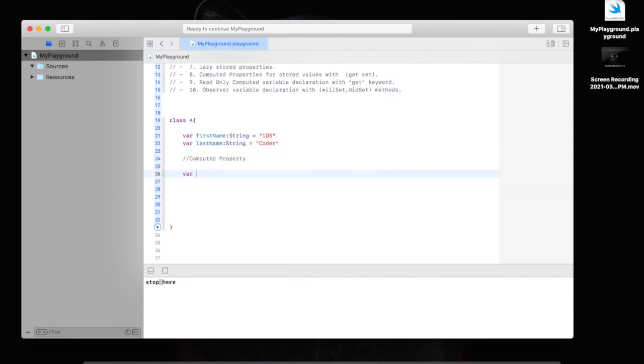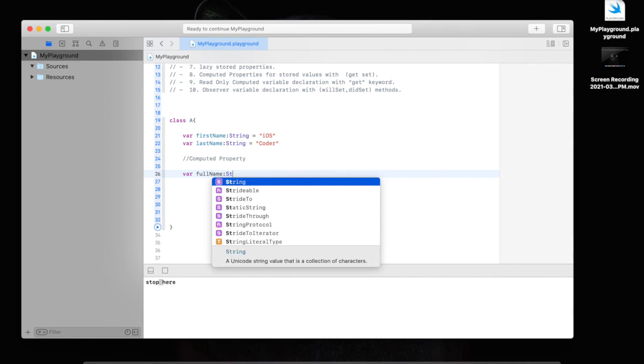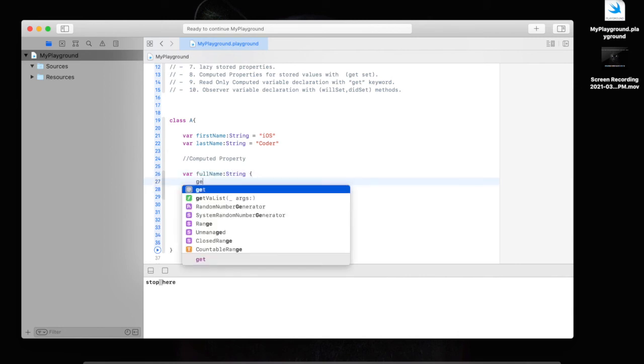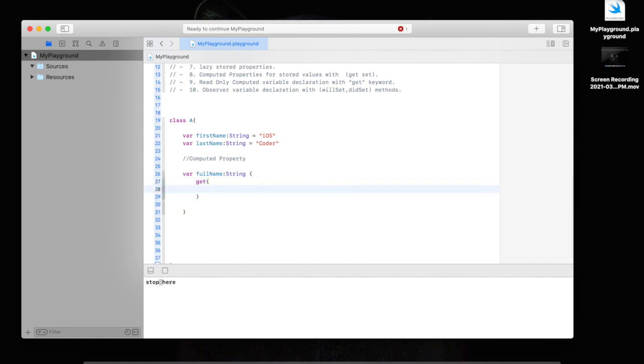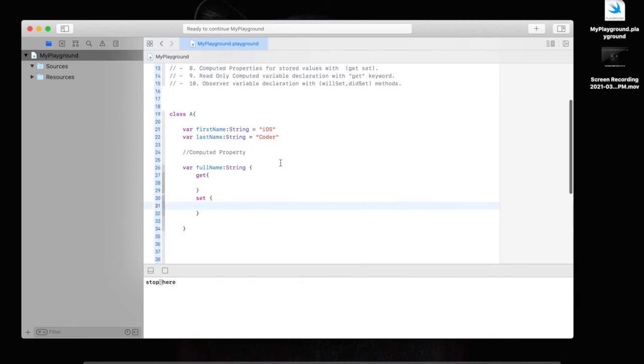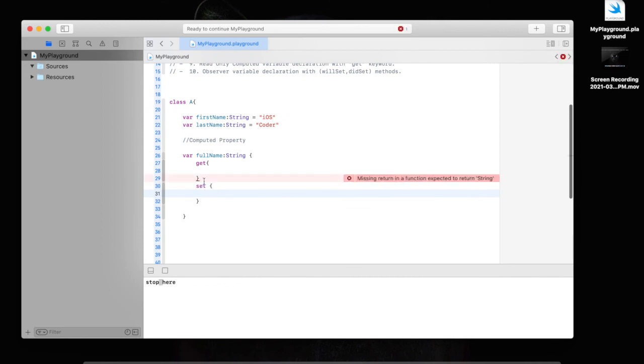So variable full name will be a computed property rather than a stored property, right? This is pretty simple, right? So into the string I'll do it like this, and get will tell me that I can get some value, and set will tell me that I can set some values, right? Not in full name, I can just do something else also. Missing return in function expected to return